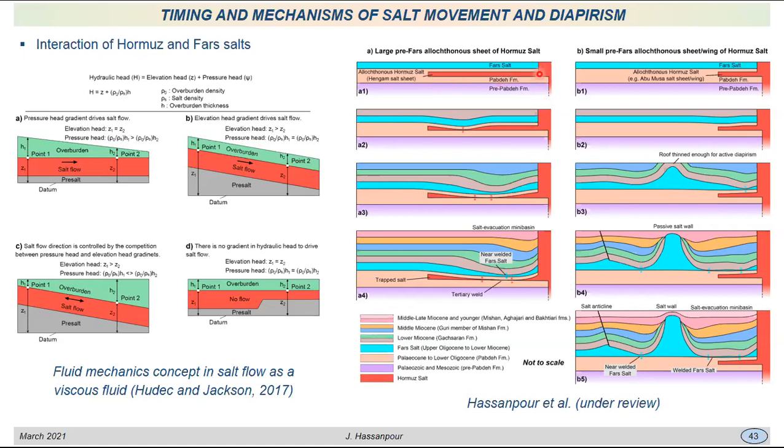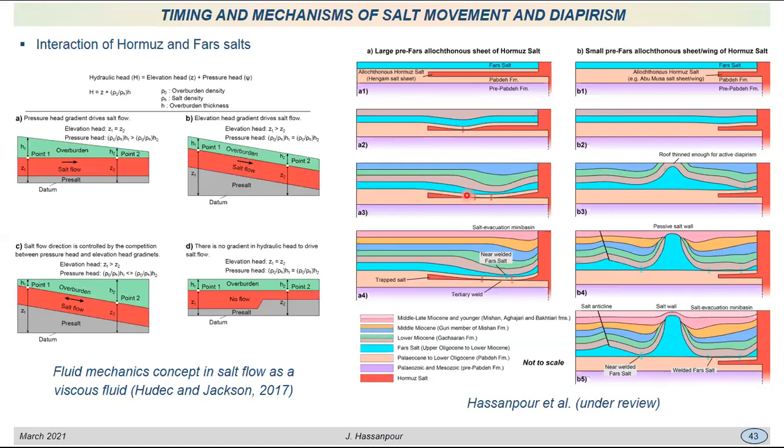So one scenario with a larger and possibly thicker salt sheet, and this scenario with a smaller and likely thinner salt sheet. So we have got the evidence of evacuation of that salt sheet in the seismic lines. So we interpreted that after its emplacement, the salt sheet has been loaded and started to flow toward the main diapir. So this evacuation of the salt sheet allowed a change in the geometry of the Fars Salt, and this